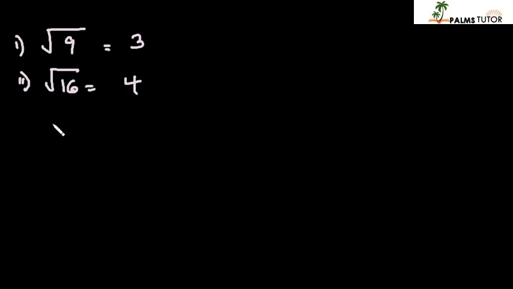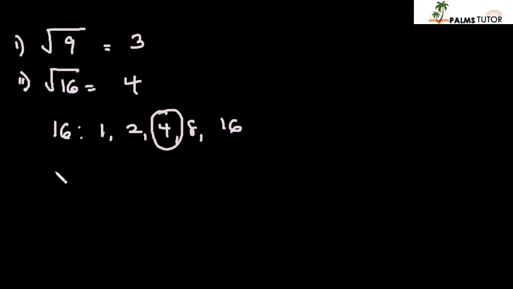How do we know that? For instance, the factors of 16, that's numbers that will divide 16 without any remainder. We have 1, 2, 4, 8 will also divide 16, and we have 16. Which of these numbers can we multiply in 2 places to give us 16? Not 1, not 2. 4 multiplied by 4 will give us 16. And that's how we come about square roots and squares.